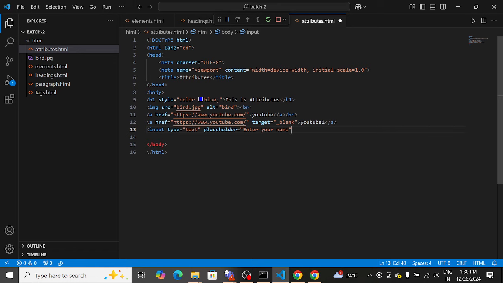Here placeholder is also an attribute. So maximum length I will give here 20. Okay, so these all are attributes. We have some